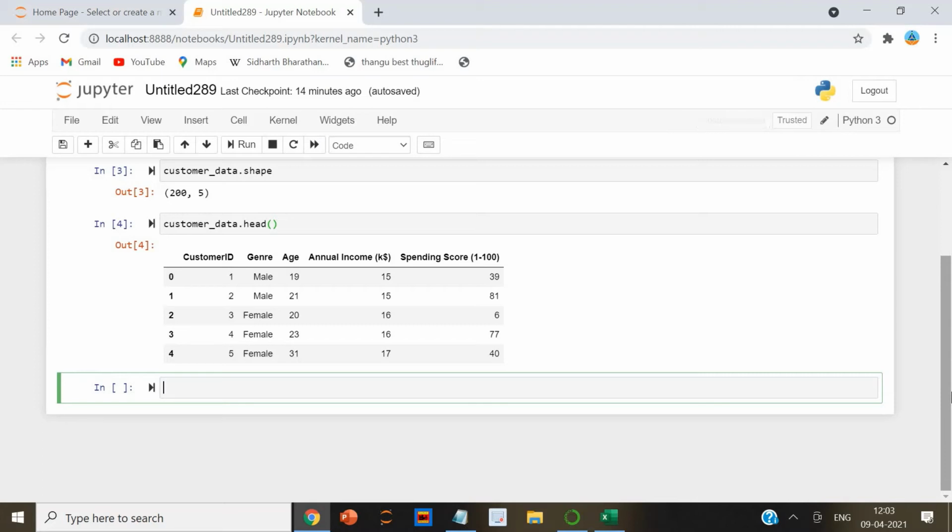We will retain the annual income in thousands of dollars and spending score 1 to 100 columns. The spending score column signifies how often a person spends money in a mall on a scale of 1 to 100, with 100 being the highest spender. Execute the next script to filter the relevant columns in our data set.